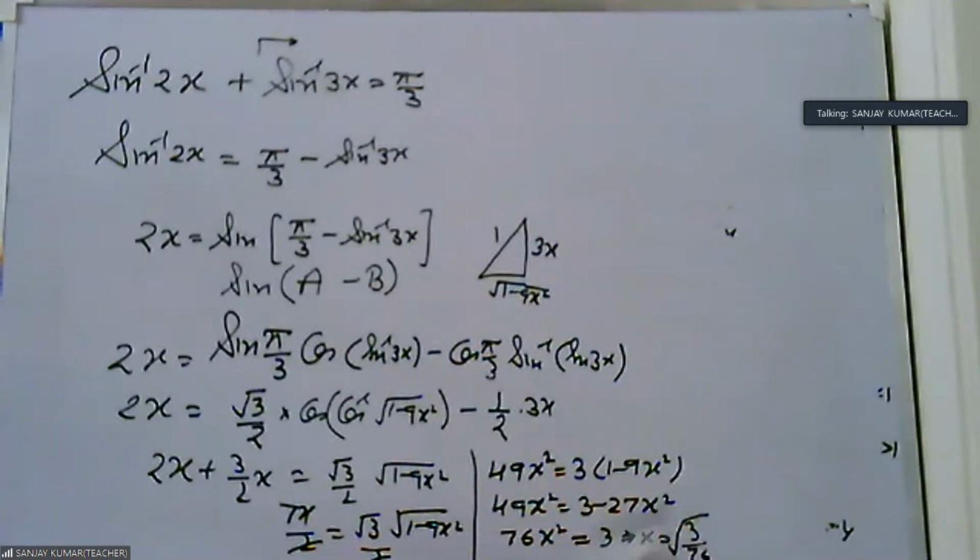Okay. Again see from the starting. We have sine inverse 2x plus sine inverse 3x. We put sine inverse 3x on the right side. In inverse trigo, we have a benefit that all the types have the same method. Type A has the same method. Type B has the same method. Type C has the same method. So all the questions of sine inverse are done in this way. We take sine inverse 3x to the second side, then we put the values of 2x, and we get the answer.